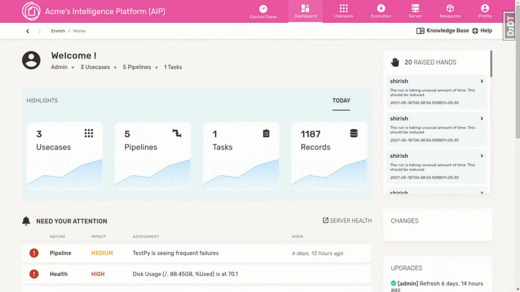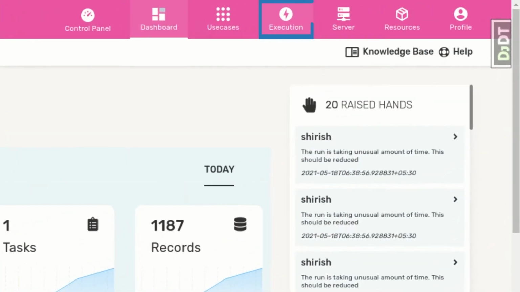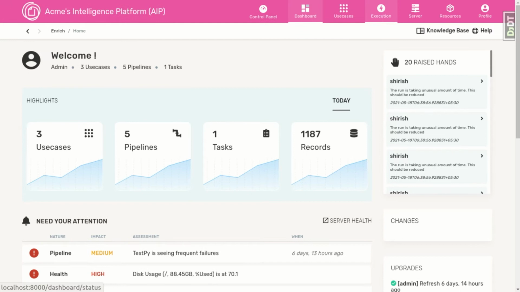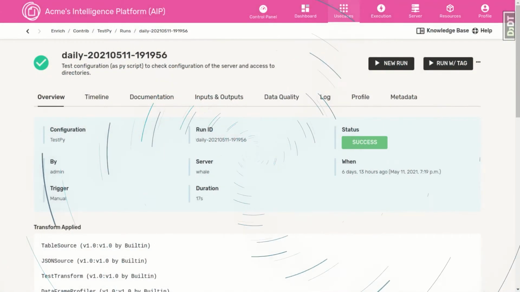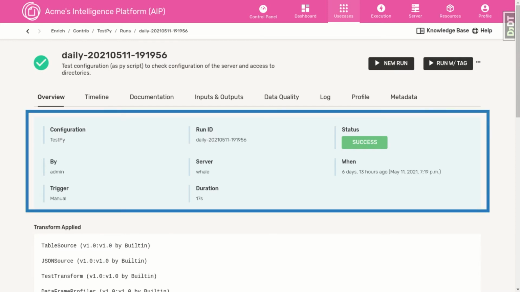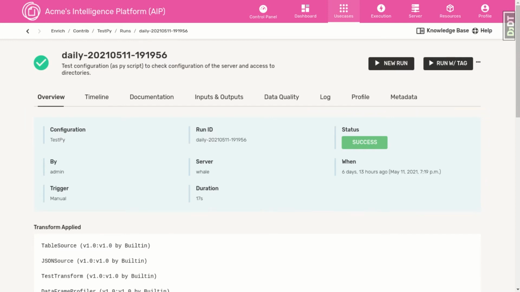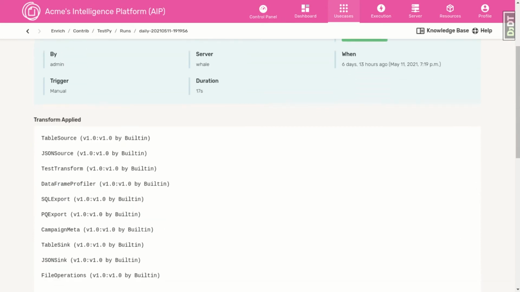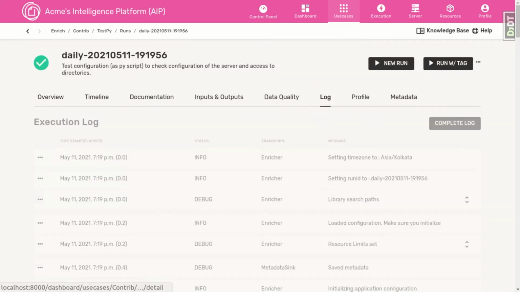On the operational side, the Execution section allows users to check the status of all the pipelines that have been running on the system. If we drill down on this most recent pipeline, we see its overall status, the modules that were invoked during this run of the pipeline, the specific Git commit of code that ran, the parameters used to trigger this run, and the observations that this pipeline has made during its execution.